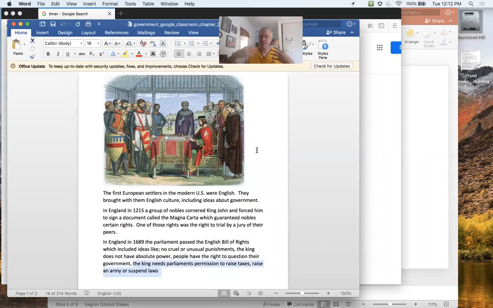Okay, so we're just going to take a look and try and trace where some of these ideas came from. The representative government would be the Parliament or the Lords. There was also a House of Commons that was elected that had no real power at first, but eventually gains power in England. So we're going to find out that each one of the colonies also have their own